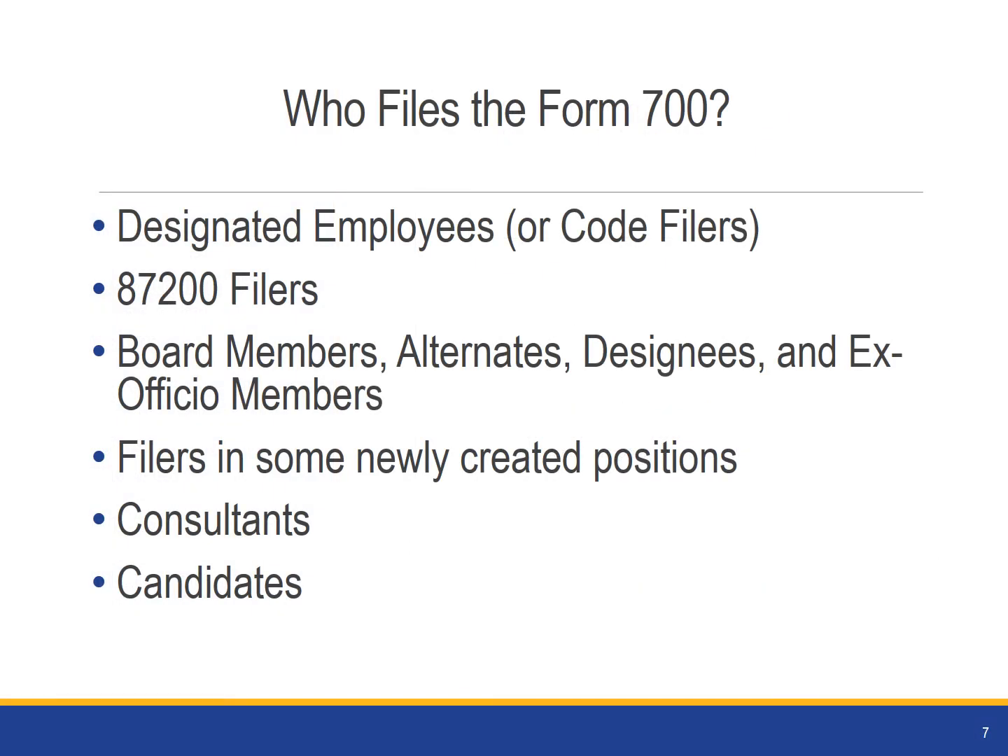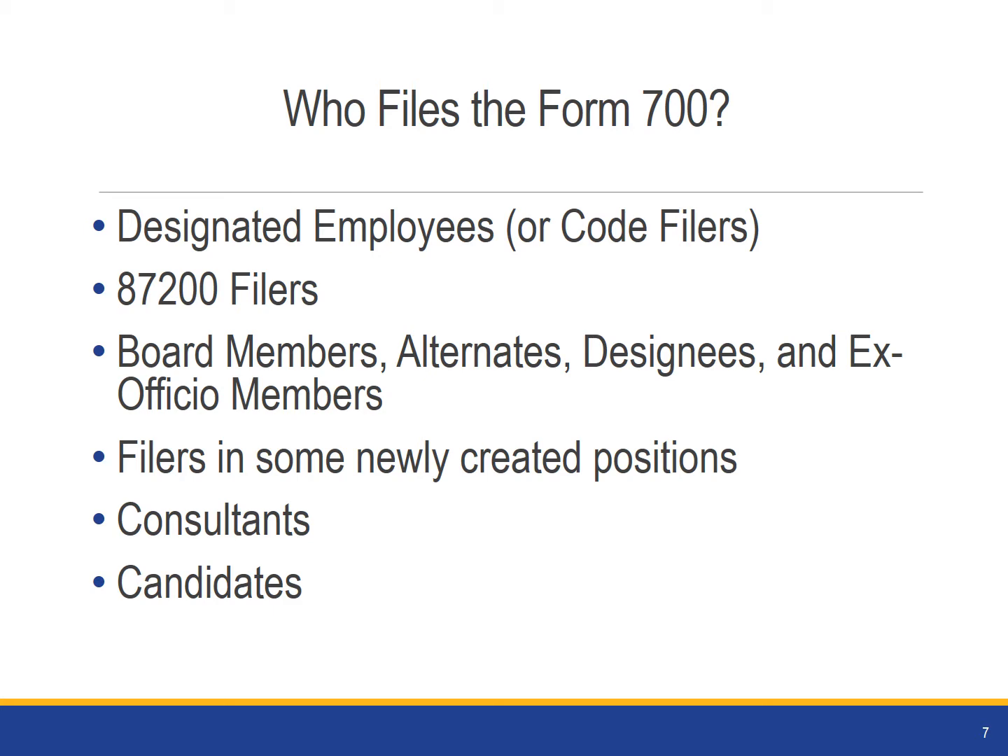As you can see from this slide, there are several types of officials who file the Form 700. The most common type of filer is a designated filer or code filer. These are people whose job duties require them to make or participate in making governmental decisions, and they are thus included in their agency's Conflict of Interest Code. Some examples might be Assistant Division Chief, Data Processing Manager, or Facilities Planning Specialist. We will discuss Conflict of Interest codes on the next slide, but for now let's focus on the types of